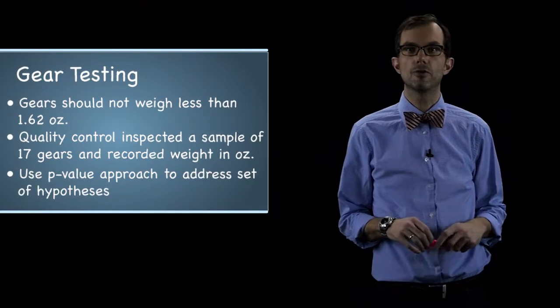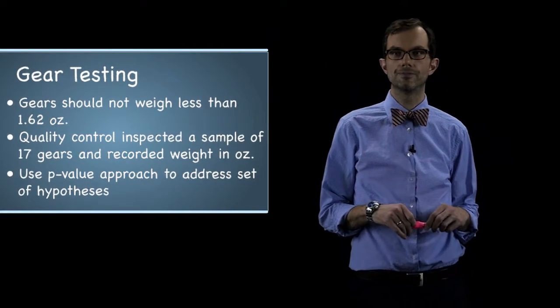Let's use a p-value approach to address this set of hypotheses. Okay, so what are we going to focus in on here? They cannot weigh less than 1.62 ounces. So for our null and alternative hypotheses, weighing less than 1.62 implies less than. It's a less than statement. It does not imply equality. The less than statement has to be in the alternative because equality is always in